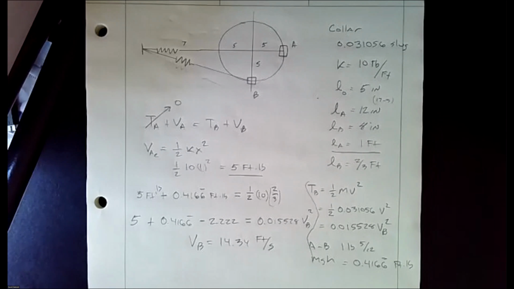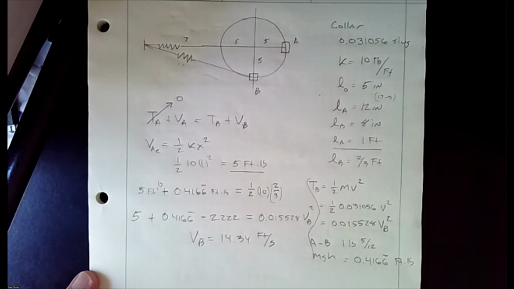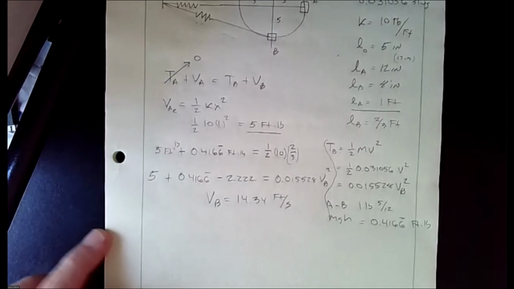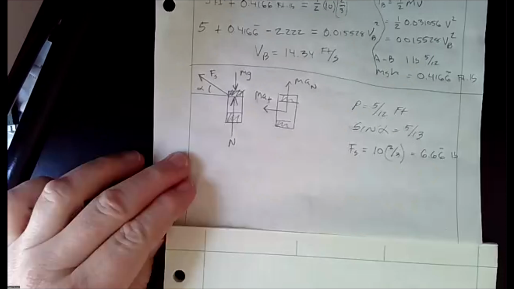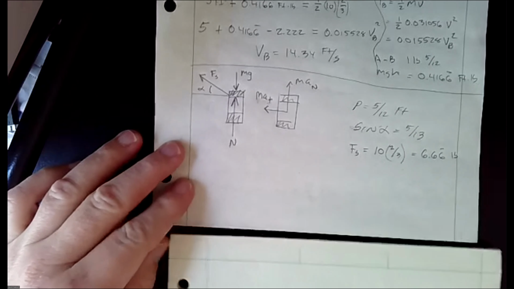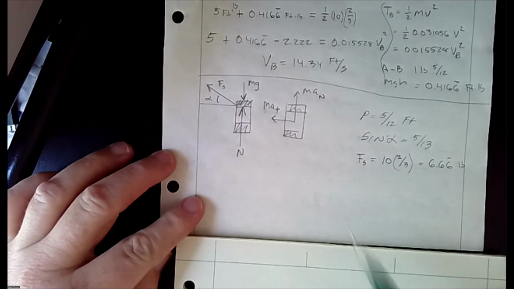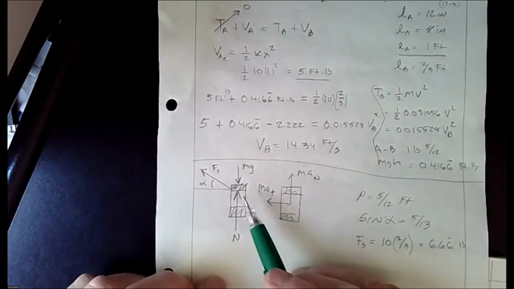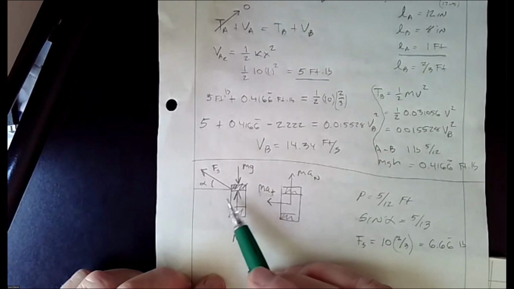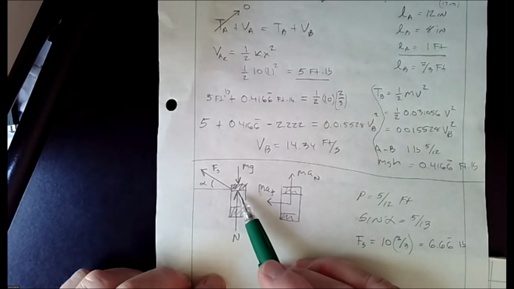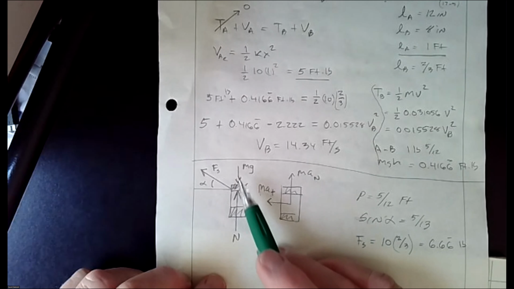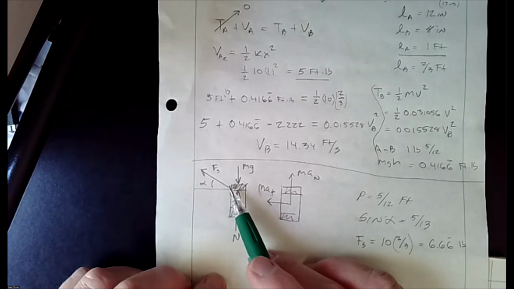created on the collar. So the collar is like a cylinder on a ring. First, of course, we're going to draw what the free body diagram looks like. And presto, there's the free body diagram. If we're looking at the collar, remember the collar's down here now, it's going to look like this. Again, it's riding on a ring. So the normal force is going to be pressing up, mg down, and then the force of the spring is